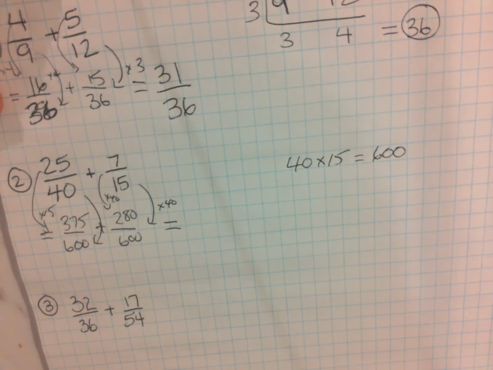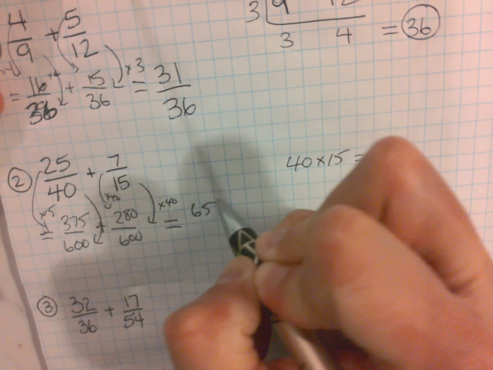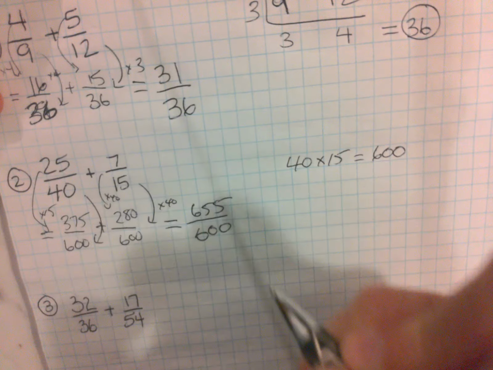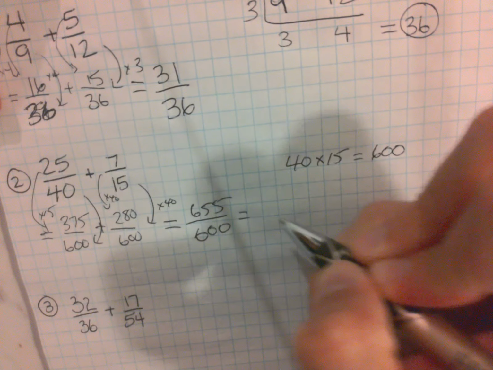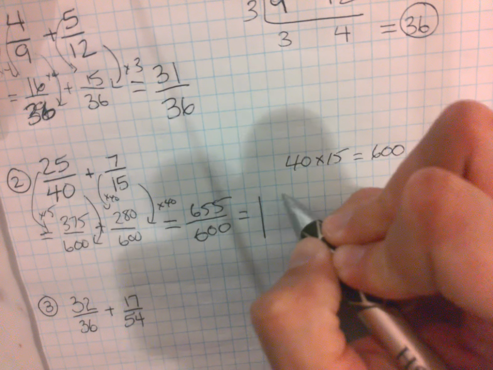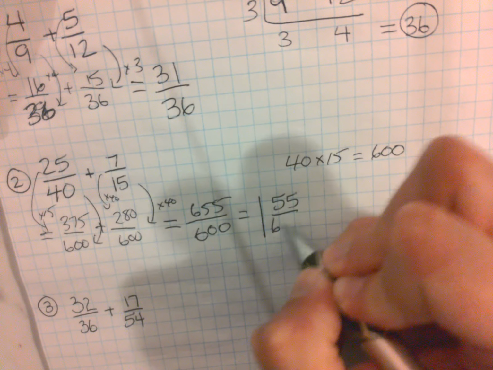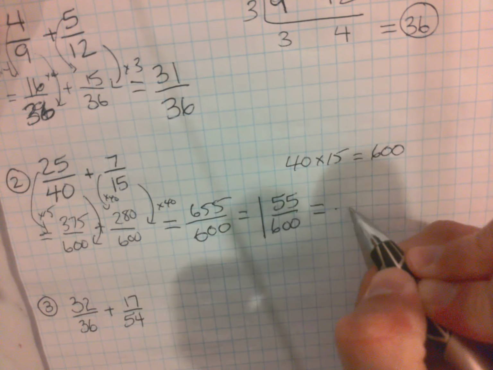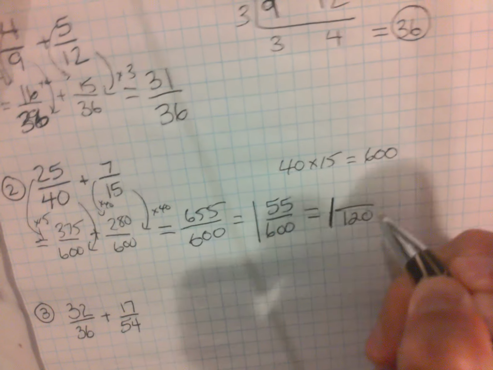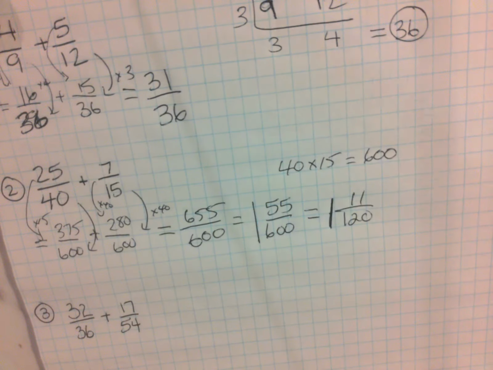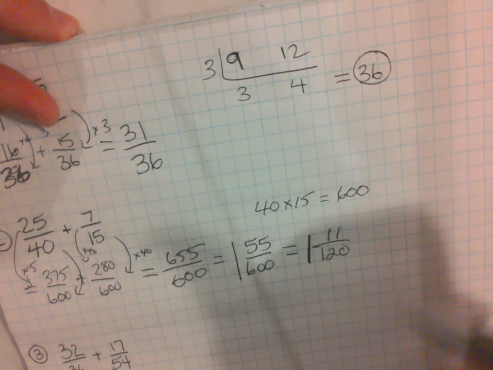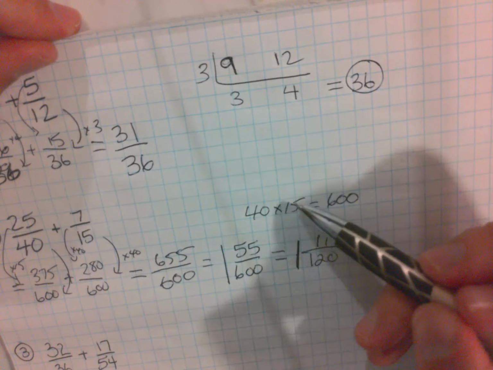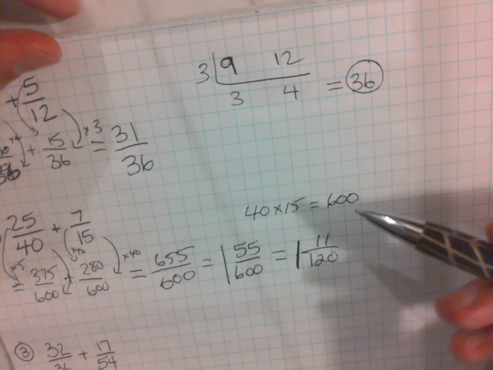And I get a total of 280 plus 375. It equals 655/600ths. And I know that is not its lowest term, so I can make that a mixed number, 1 and 55/600. And I know that 5 goes into both of those. So I've got my whole, and I've got 11/120. So, just to compare the two strategies, here where I multiplied them together and then I reduced later on,